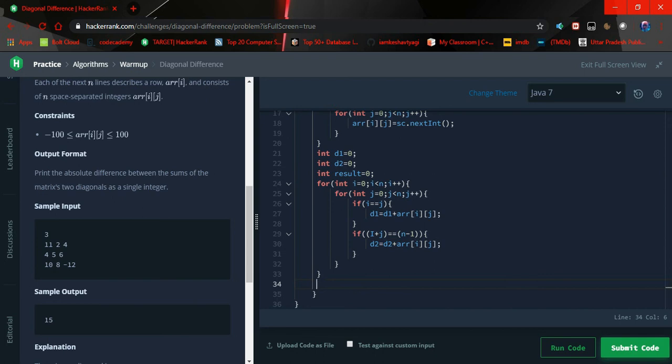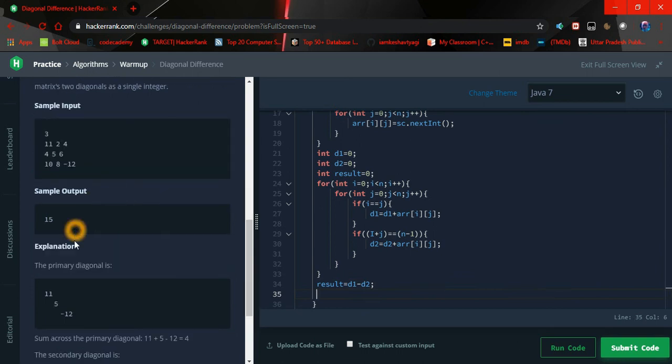So what we have to do is simply take the result equals d1 minus d2. Now we have seen in the problem statement that we have to return the absolute result. So now we have the result, and we have to return the absolute value.